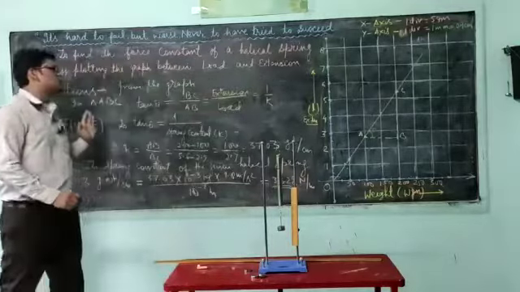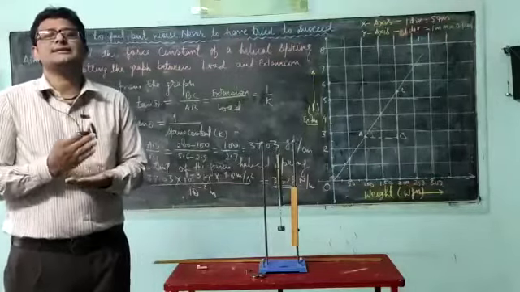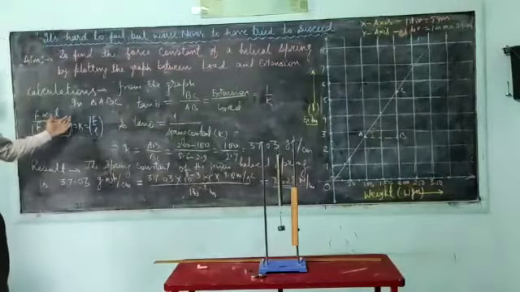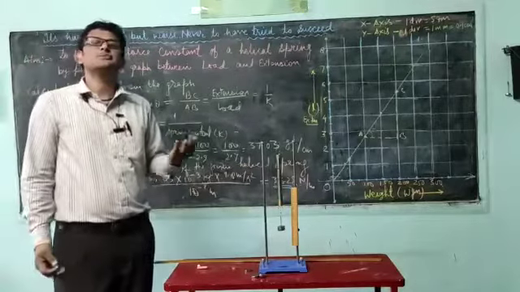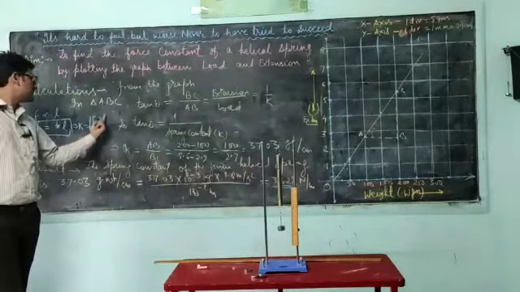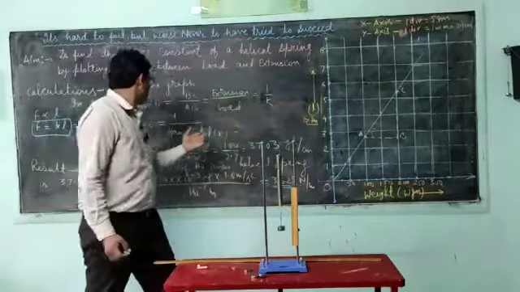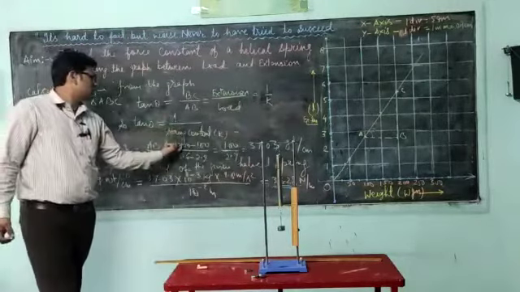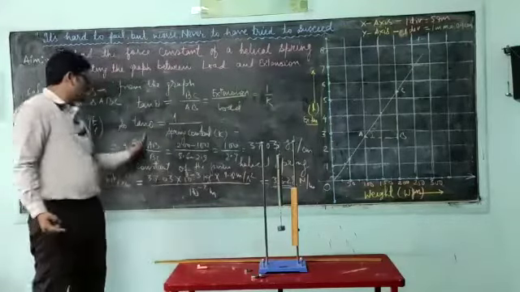How do we say this? Because the spring force is directly proportional to the expansion, that is L. So F is proportional to L, then F is equal to K times L. What is K? K is the constant of proportionality, known as the spring force constant. So then we can say K equal to F by L, that is Newton per meter. Clear? And from the graph we can put the value tan theta equal to 1 upon spring constant K. From the relation BC upon AB equal to 1 upon K, then K equal to AB upon BC.